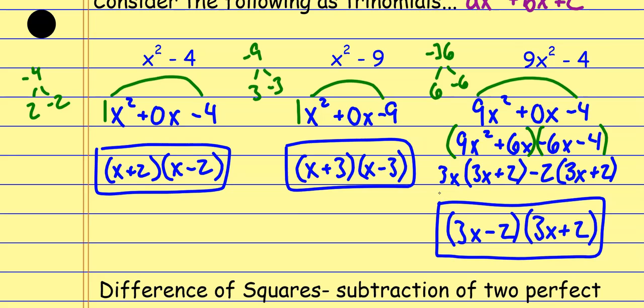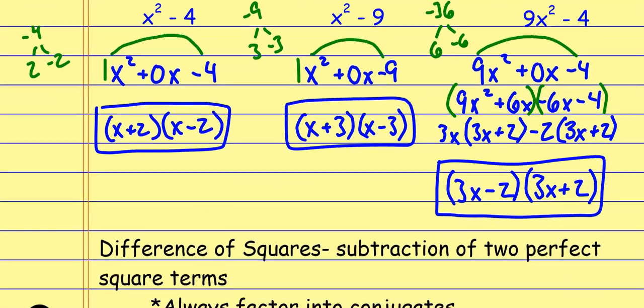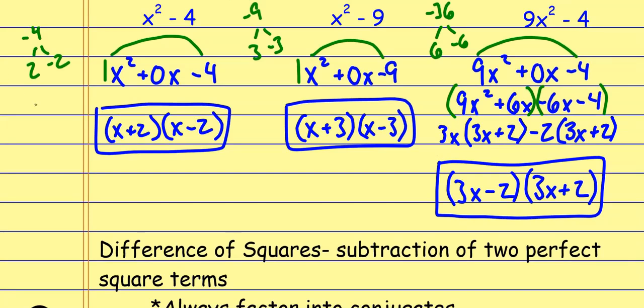Okay? So these problems are called differences of squares. A difference of squares, if you can see it down here. Let me scroll down just a little bit. There we go. I still want to be able to see the examples. So a difference of squares is when we're subtracting 2 perfect squares. If you remember your perfect square numbers, we talked about those a little bit earlier, like 4 is a perfect square, 9 is a perfect square, 16 is a perfect square, 25 is a perfect square, 36 is a perfect square. So if you have 2 values being subtracted and everything there is a perfect square,